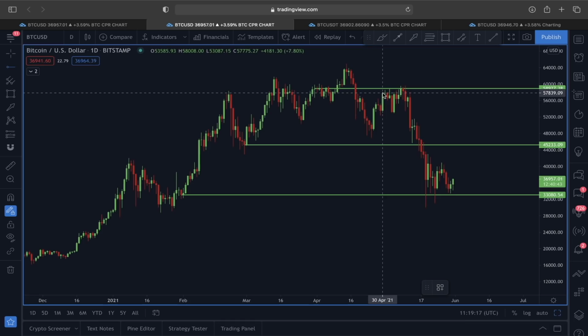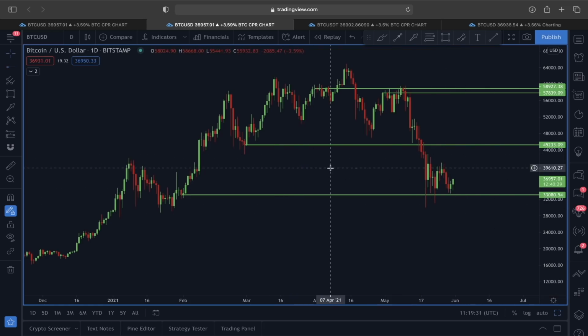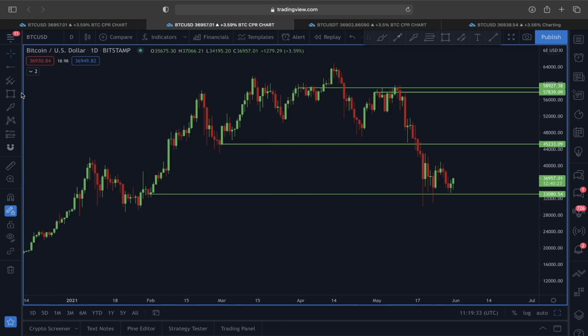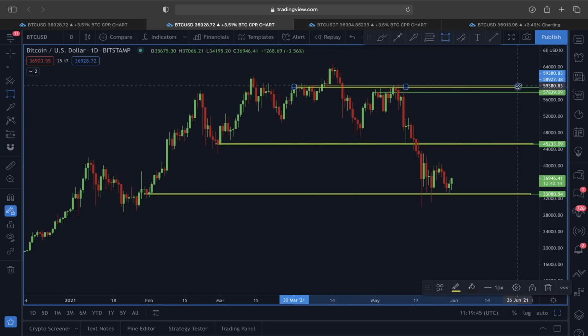You can see 30th of April, and then again May month. For this May month, you can see now we are approaching the end monthly candle area. That's the reason why I'm actually showing you this scenario, because if you now look at this, each and every monthly candle open or monthly candle close, doesn't matter how you look at this, you can see this trend line. If you focus around this trend line, the monthly candle close level or open level has always played a very important role,